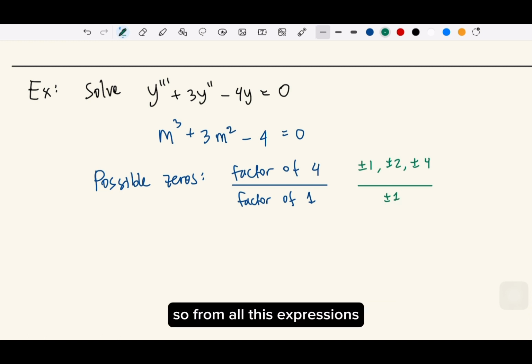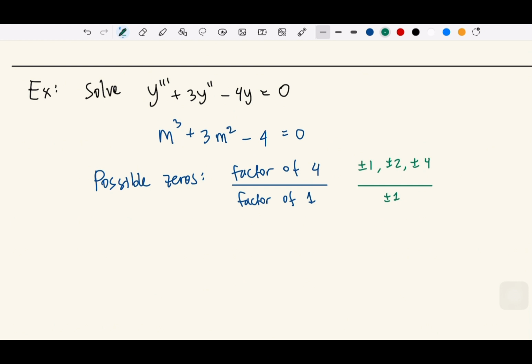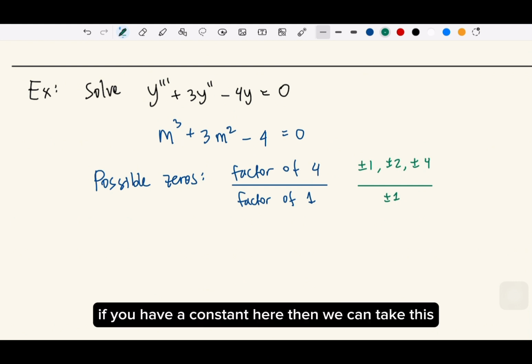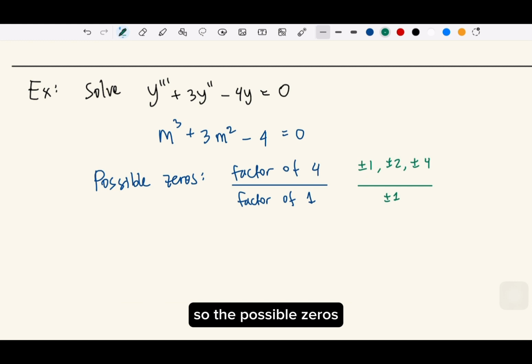So from all these expressions, it can be 1, it can be 2, it can be 4. So this number will be the roots. If you have a constant in the first term, then we can take maybe 2, 3, 4. So the possible zeros,